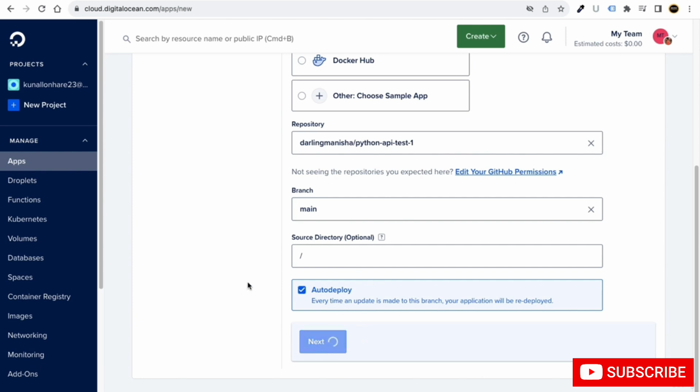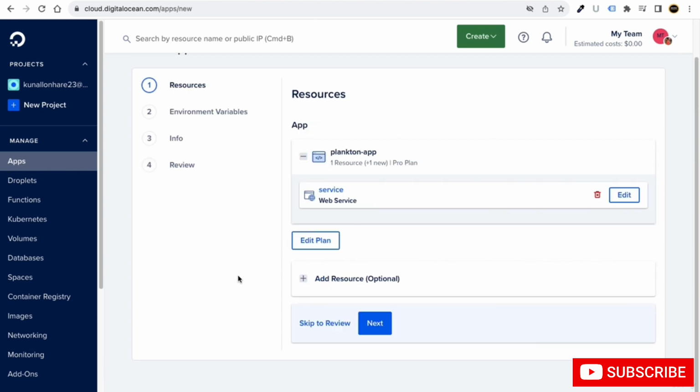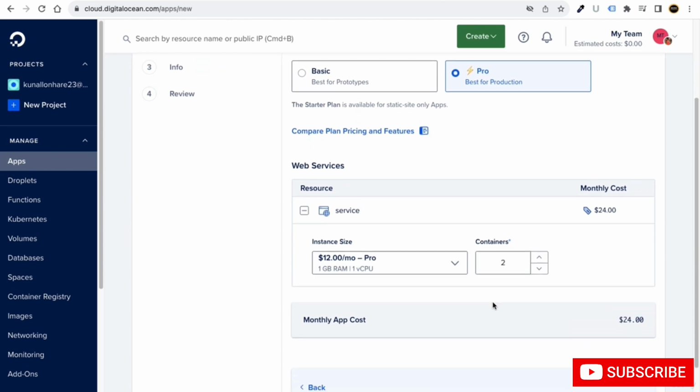Click on the next button, and then click on edit plan, and from here you can choose whatever plan you want. I will go with 1 container, and of course you will get free credits from my side, so it will automatically be free for you.